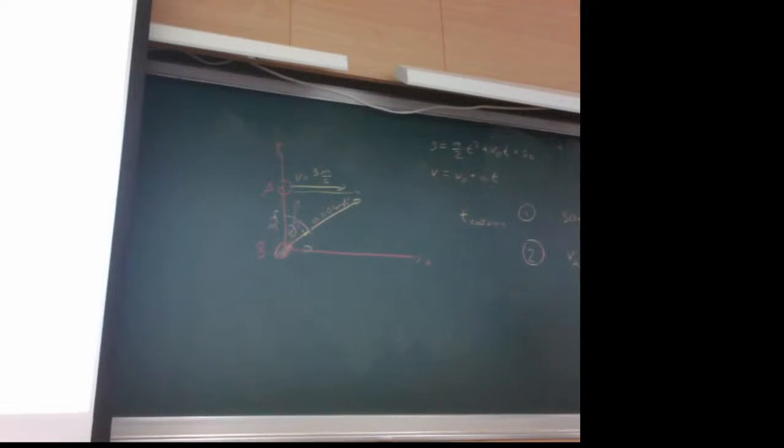This is why it's annoying to keep using numbers. I would not have made that mistake if I had just kept my variables. I would have seen that there's a t impact over here and t impact over here, right? So this cancels out, and I get t impact equals